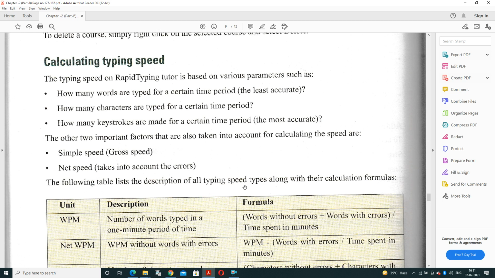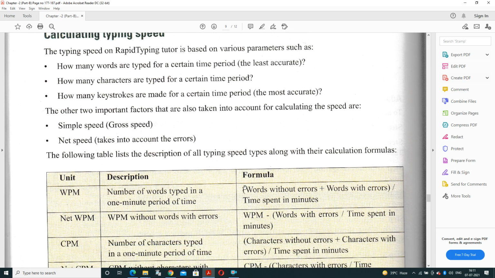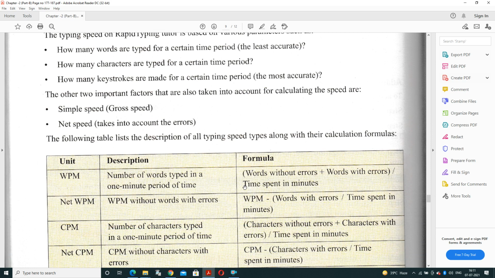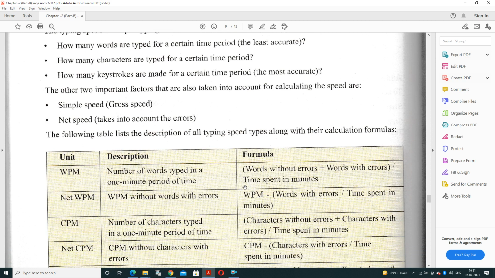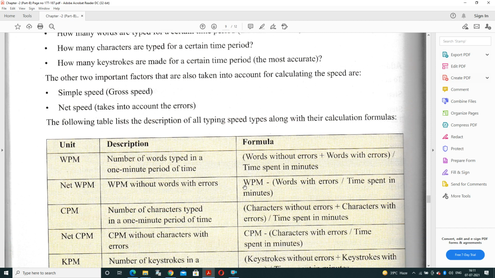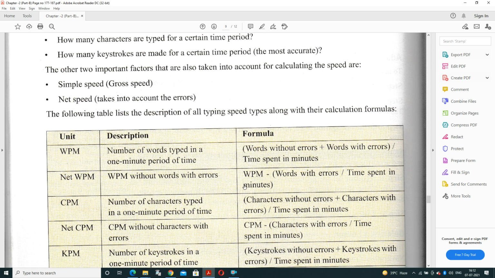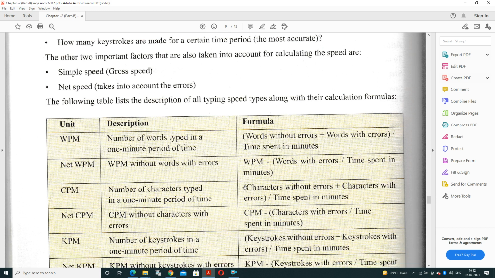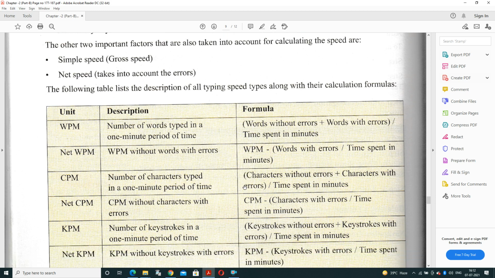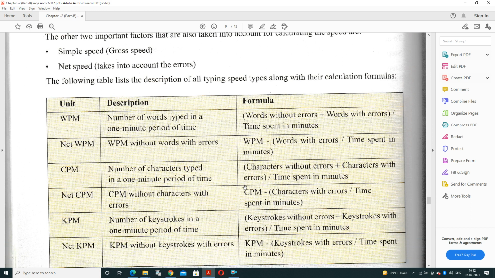Simple speed is also known as gross speed. And time, I already told, WPM means words typed in 1 minute. The formula for that is words without error plus words with error. It is total words per minute. And net words per minute is with words without error. CPM is the number of characters typed in 1 minute, and net CPM is without characters with error.